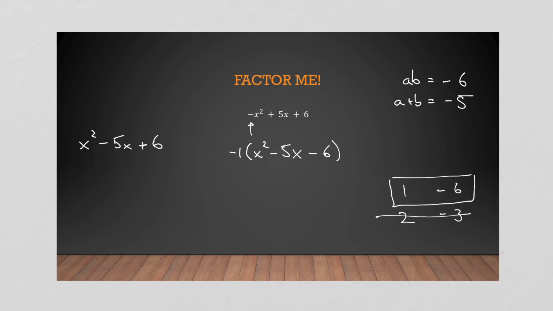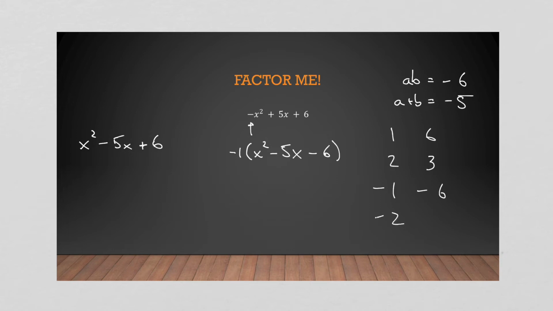So I would have 1 and 6 and 2 and 3 and negative 1, negative 6 and negative 2, negative 3. But they need to add to a negative number. So I can't even consider my positive values. So that's why knowing the signs, there's a little bit of